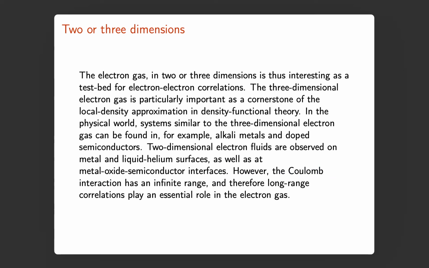So it's an interesting testbed for studying electron-electron correlations. And it's in particular important as a cornerstone of the local density approximation in density functional theory. You might think, why are we going to spend 4 lectures on deriving this contribution to the energy? But it's useful to have seen it because density functional theory is a very popular many-body method, a mean field method. And often this quantity is just assumed, and people know where it comes from. But there are actually some calculations behind it, which I want to go through here.